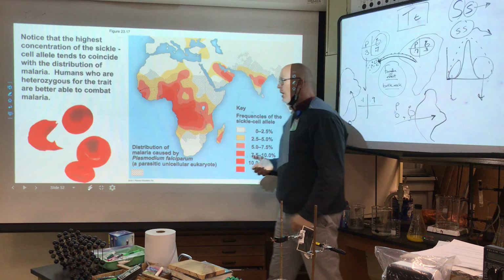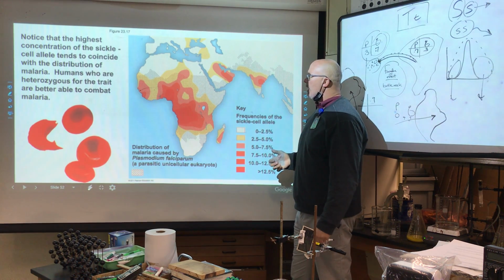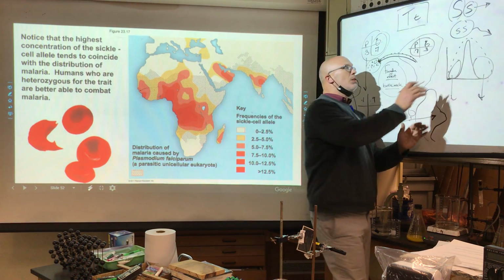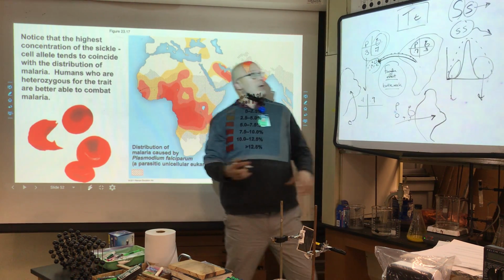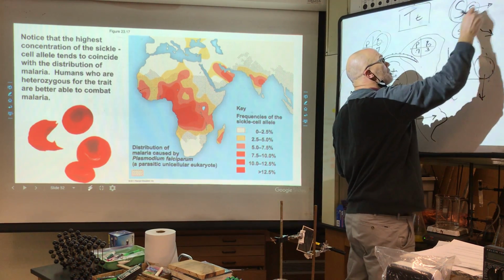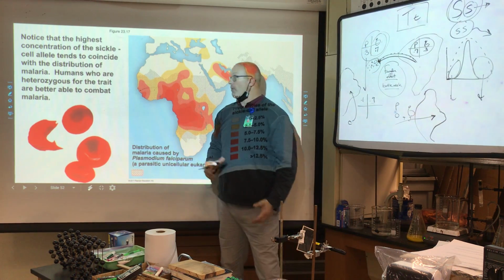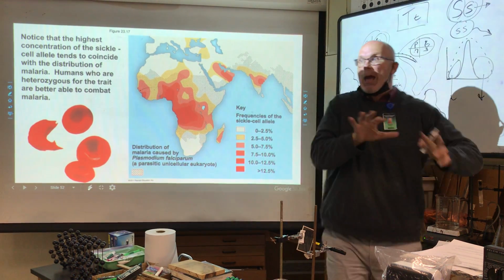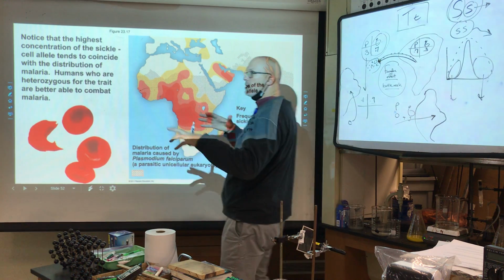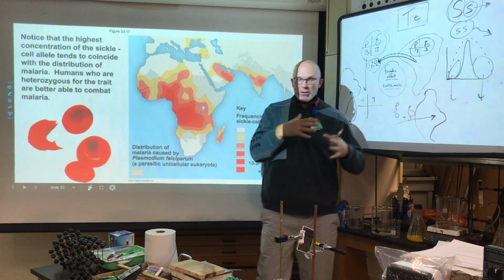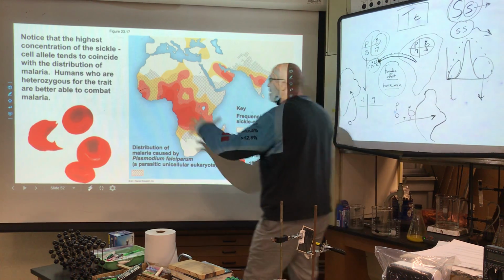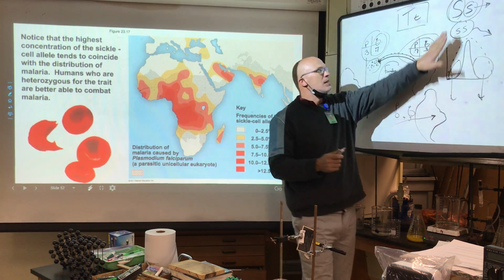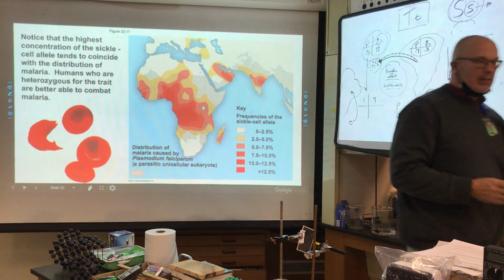So here's an example of how heterozygotes, instead of just losing all of the little s's, which you would think would be good, actually have an advantage by being the carrier. Okay, that's important. And it happens in many, many areas, in more areas than we think. And again, we always talk about one allele, but there are many of them. So this is one example where we maintain the diversity,